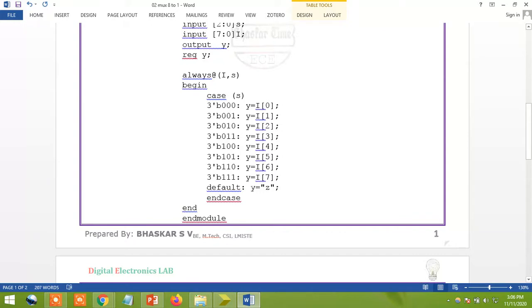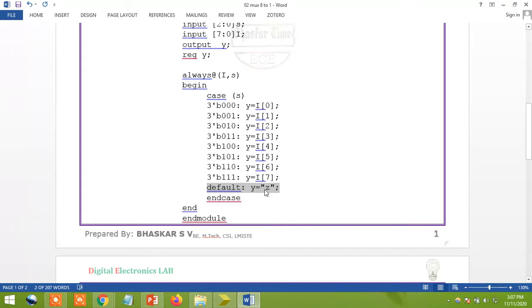And there is one more statement, which is optional. For example, if I'm not having any inputs, sometimes some random values like x10 or 0x come, then you can use this statement. This is optional. If you want, you can consider it, otherwise you can leave it. If this condition is not met, then you make the value z, which is nothing but the high impedance state.